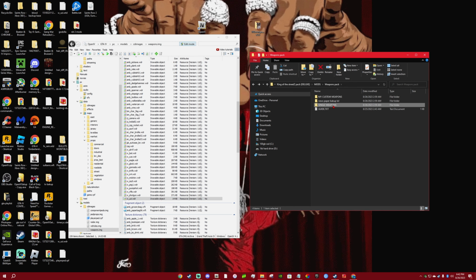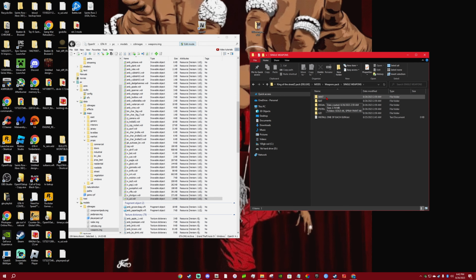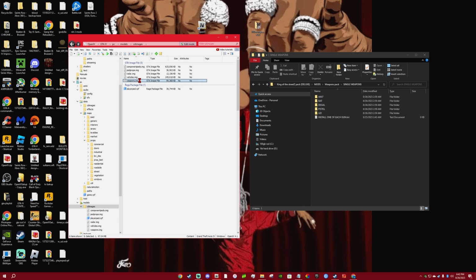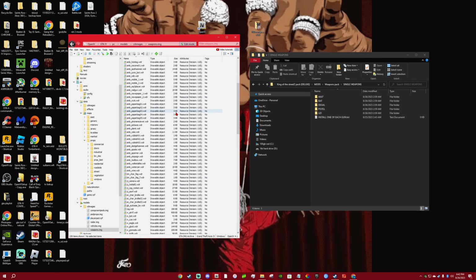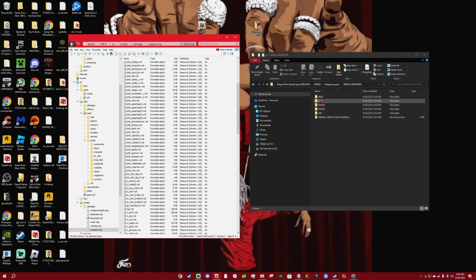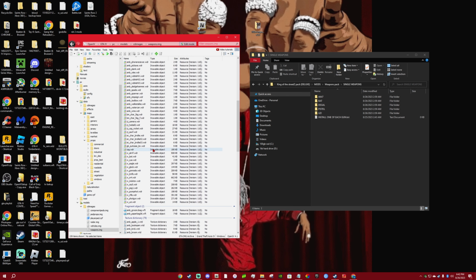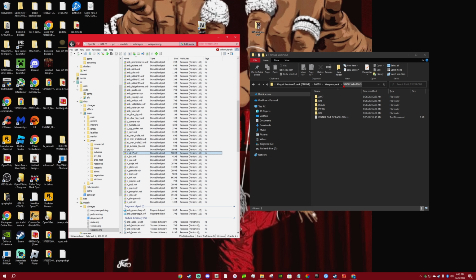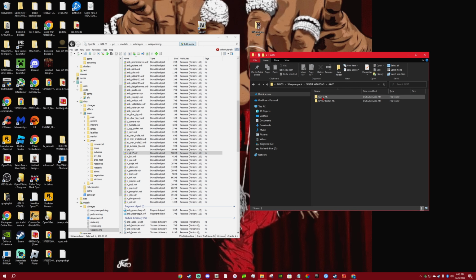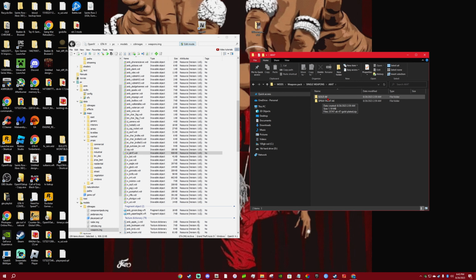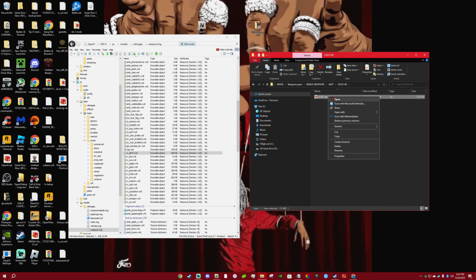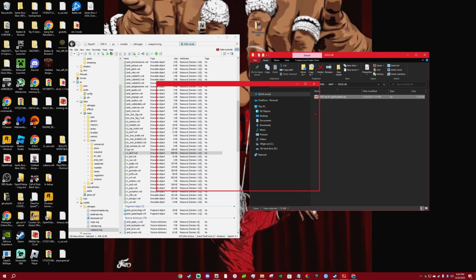So these are single weapons. What you can do is go to OpenIV, in weapons IMG, you want to double click it, go inside of here, and you can take some of these options and swap them out. So for example, that AK I just showed you, if you don't like it, you can come over to single weapons in the mod pack, go to AK, and you can choose from a golden AK or a spray paint camo AK. Use the golden one. Just right click on it, extract it,